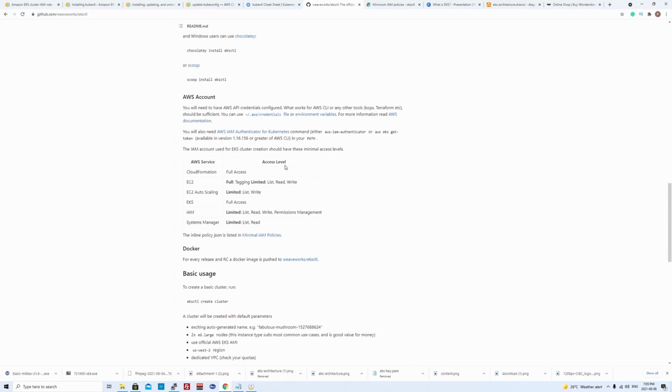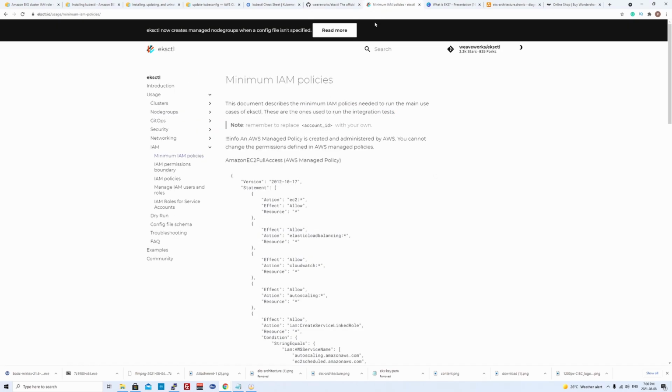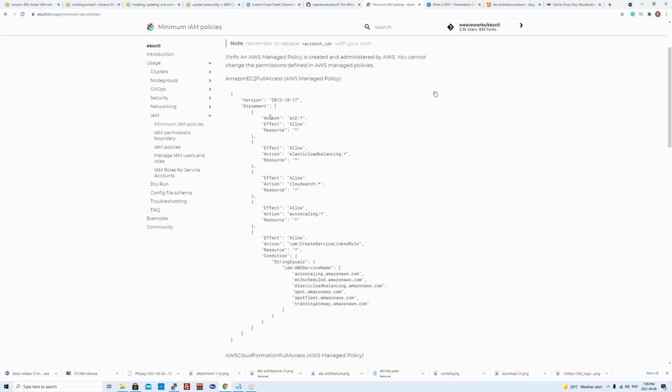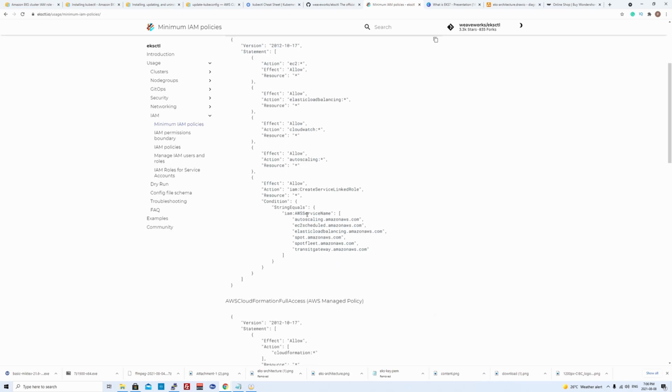If you don't want to use your admin user, you could create a custom user and provide all these permissions to that user. So there'll be separate policies for each of them. You could create a role, assign all these policies to that particular role, add that role to the user. If you want, you could just go to this URL, over here, and you will see all the different permissions that it requires.